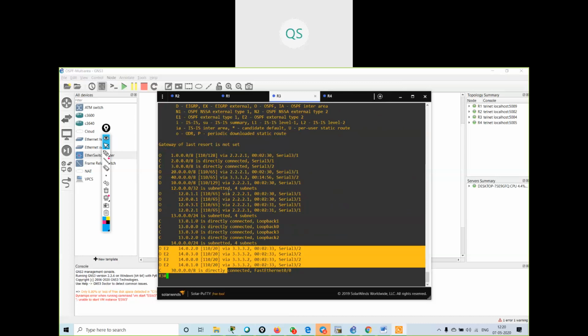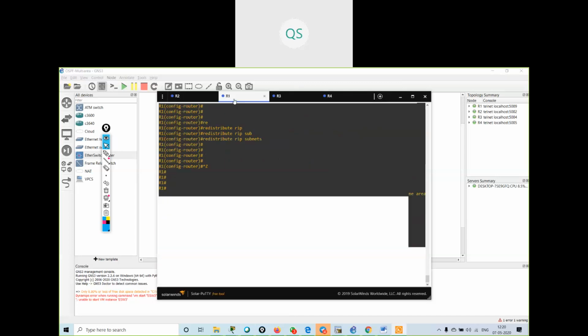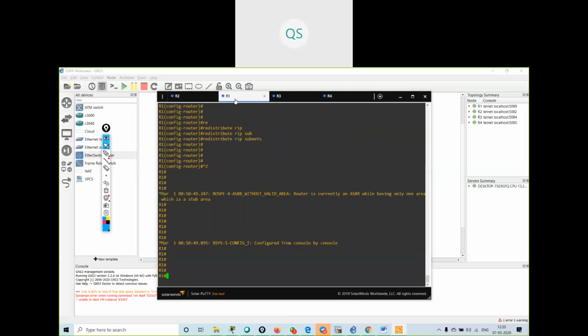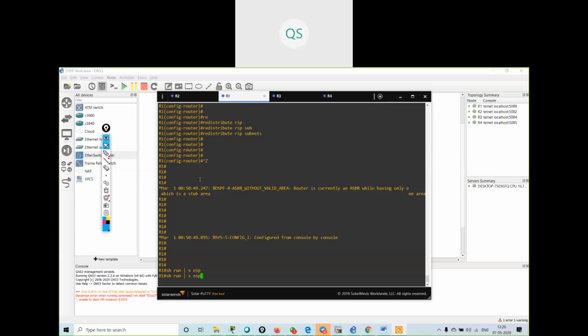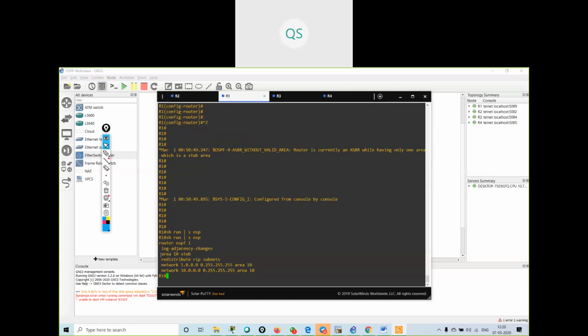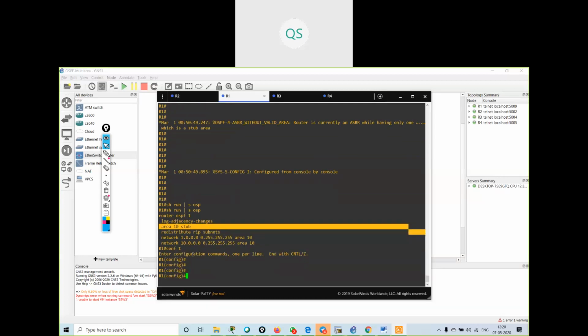Okay, so what I have to do on R1 and R2, on the internal routers, I have to give the command. First, I will remove the command. Show run section ospf. I will remove this command.